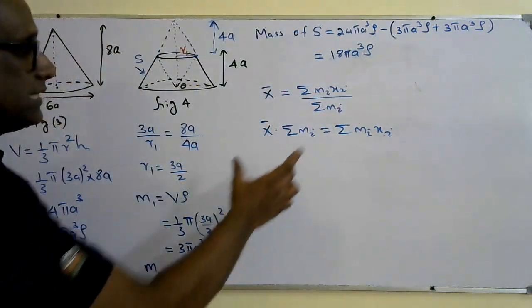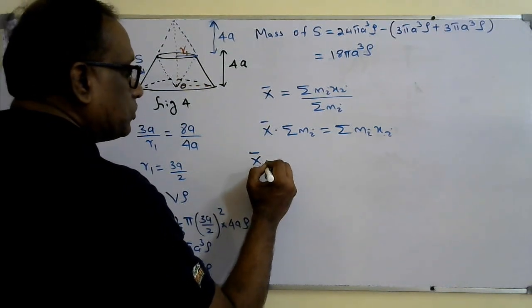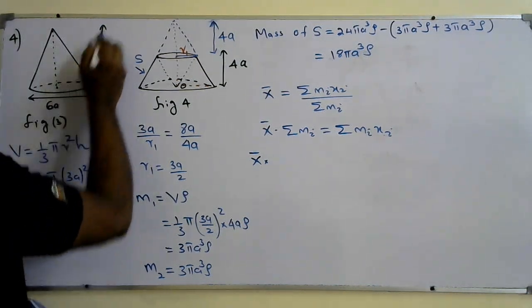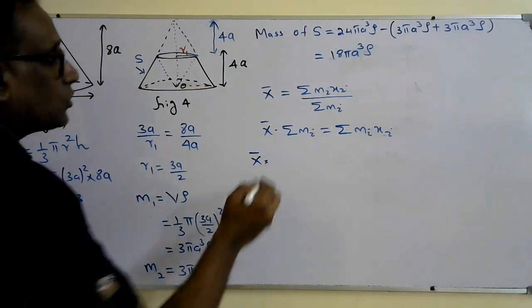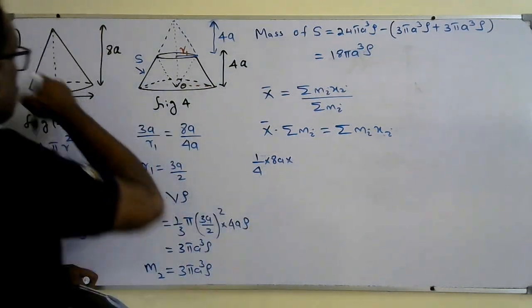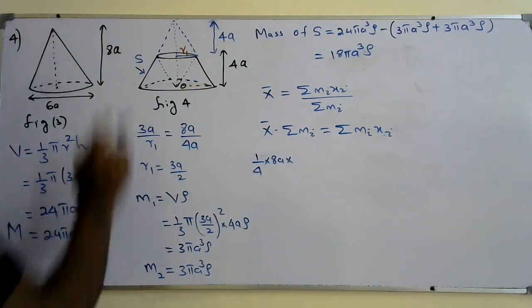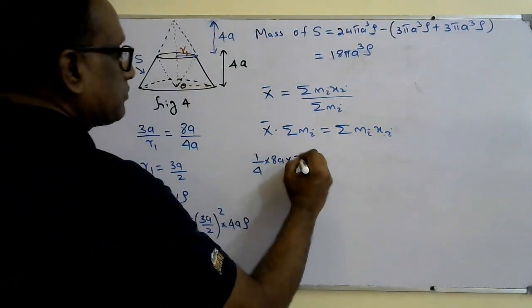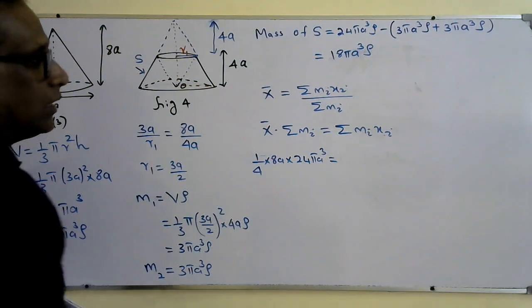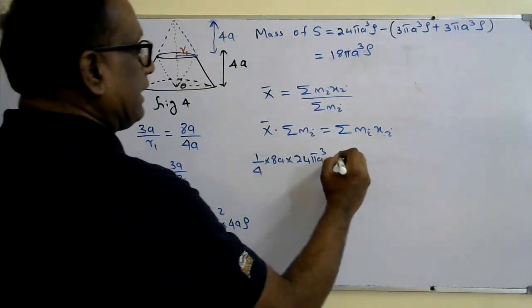So that means I can use this principle, that is x bar into the center of mass of this one. I know that center of mass of this one is 1/4 of 8a. So that is 1/4 of 8a into the total mass of it, sigma mi, that is the total mass of the system. So the total mass of this one, the whole thing, that is 24 pi a cube. I write it again, I'm just explaining. 24 pi a cube is equal to the mass of the S, we know that 18 pi a cube